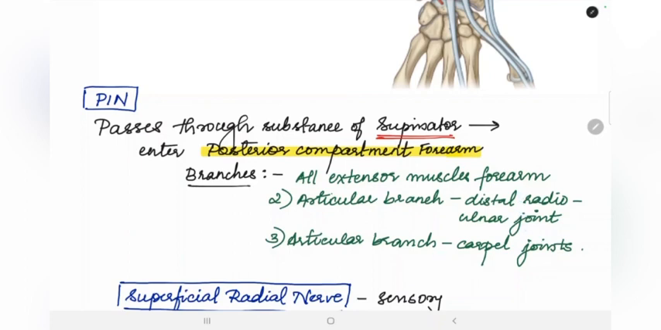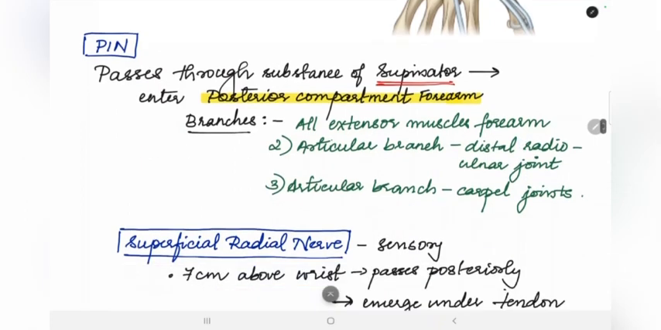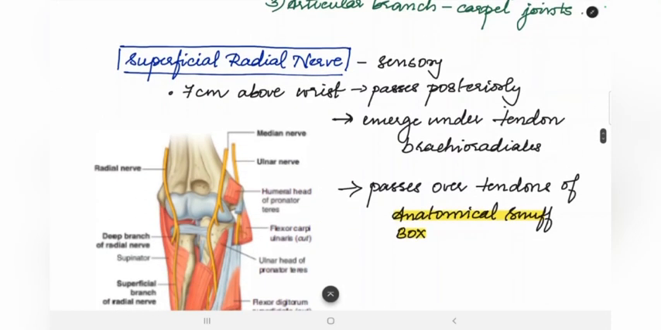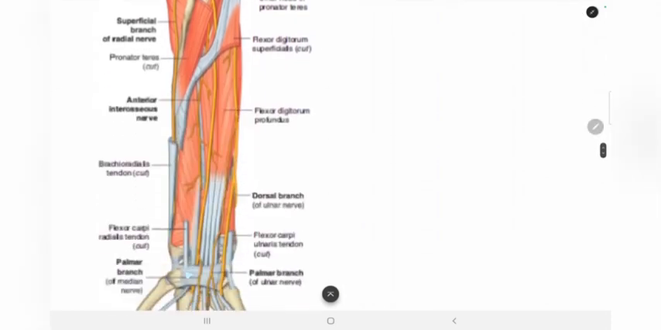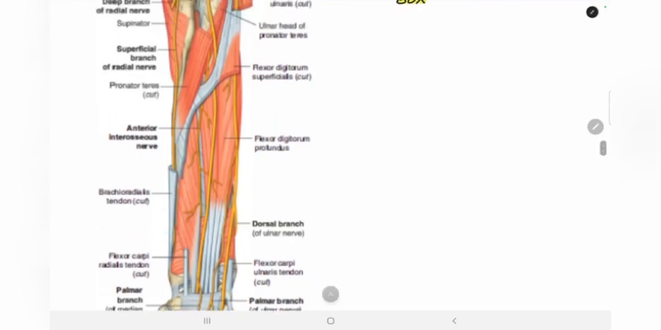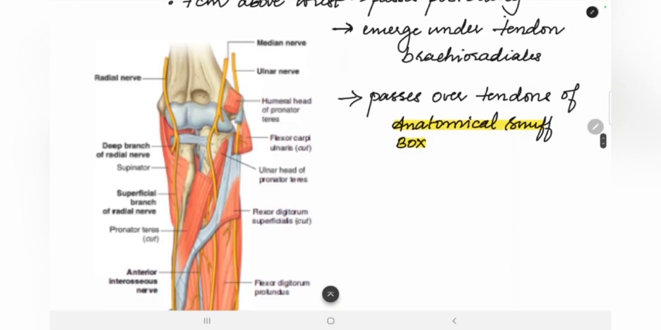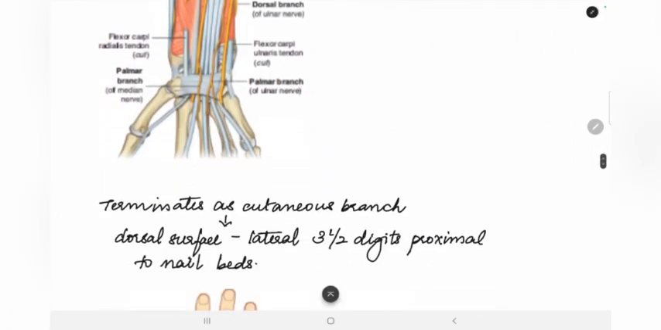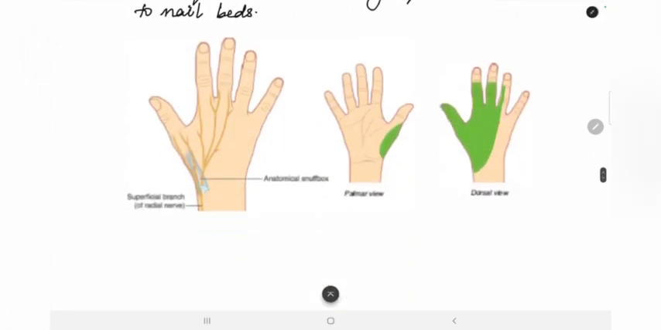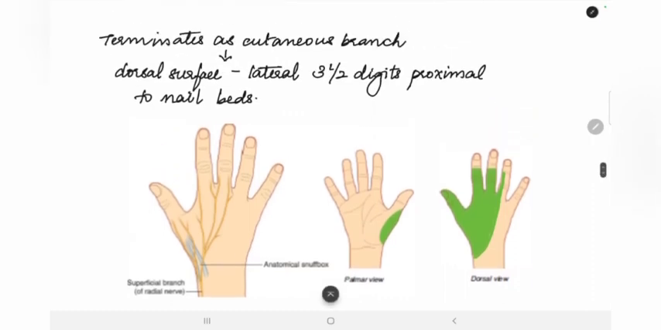So what happens to the superficial branch? The superficial radial nerve is sensory in function, and around 7 cm above the wrist, it passes posterior to the tendon of brachioradialis. We can see here the brachioradialis tendon, and the nerve is passing posterior to it, and then it emerges by passing over the tendons of the anatomical snuff box. I am sure that you already know where the anatomical snuff box is. So the superficial branch passes over the tendons of the anatomical snuff box, and then it terminates by giving off